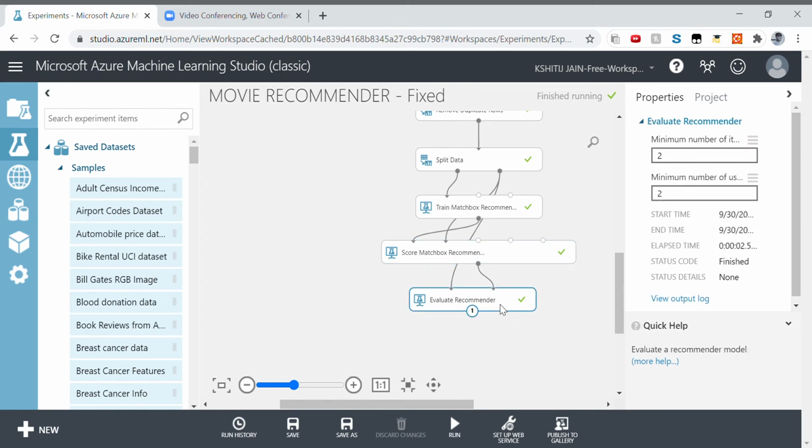Then this is the evaluate recommender node, which will give us the accuracy in the form of an NDCG value. Whatever the NDCG value will be, that will be the accuracy of the model. So now I will give you the output one by one.